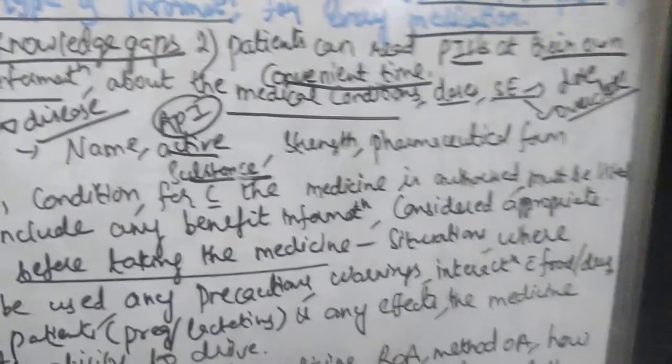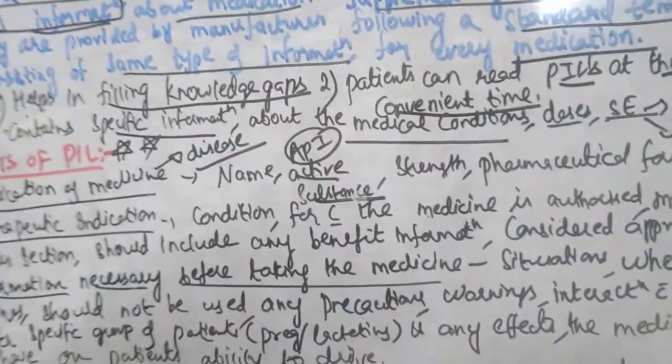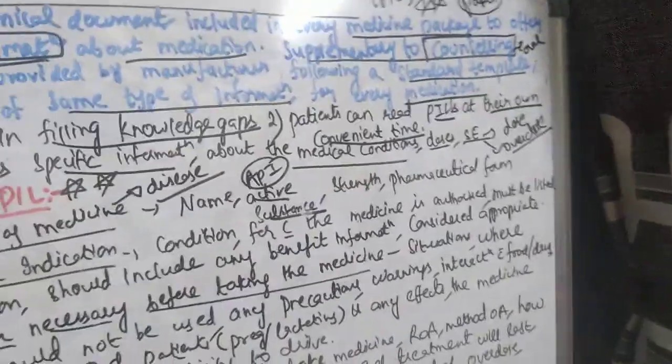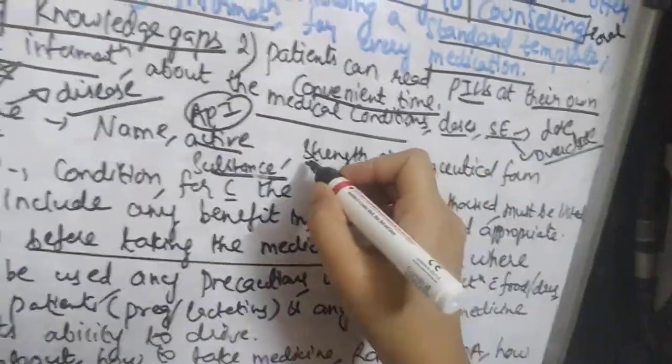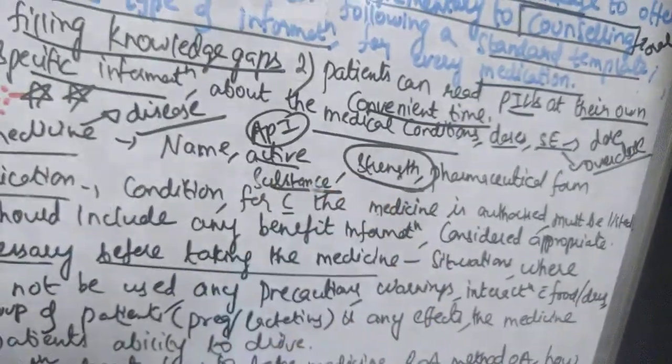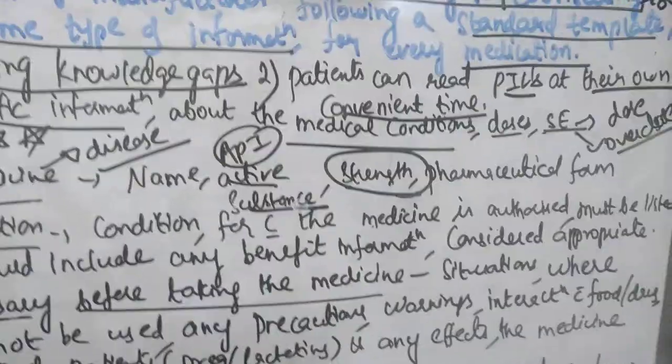Then what is the strength of the drug? What is the concentration? For example, it contains 5 mg, 10 mg, right? But the total weight of the tablet will be around 300 mg or 500 mg. So that strength you will indicate. What is the dose of the active ingredient? What is the total dose of a final product?